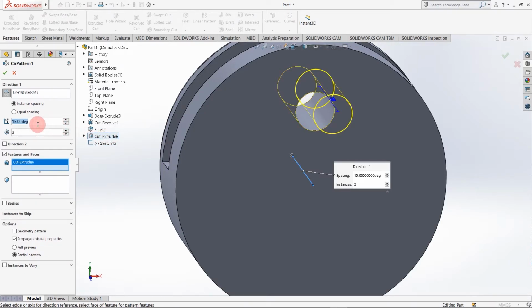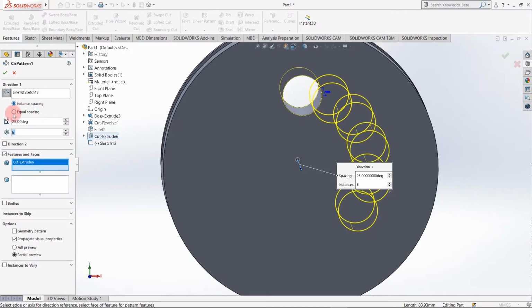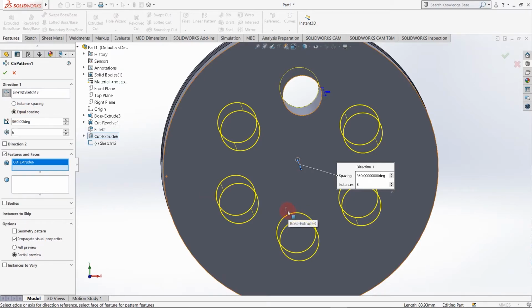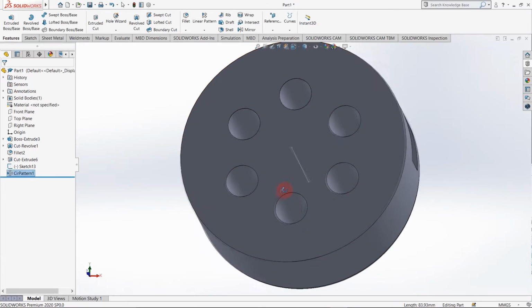I want it for 360 degrees, placed between two circles. I want, say, 6 circles equally spaced. Click OK. So 6 holes are created.